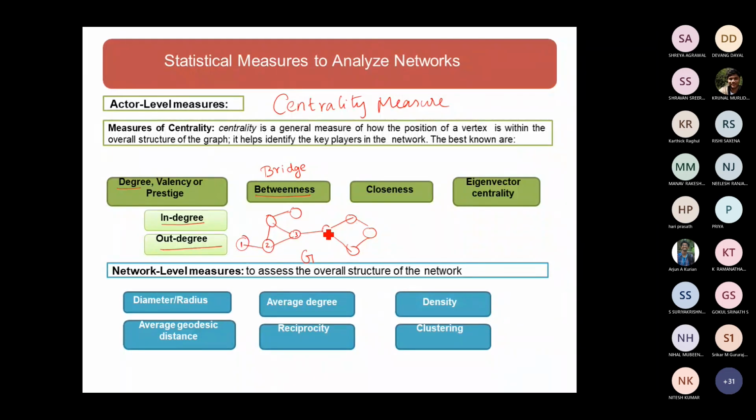If I have to reach 5 from 1, I have to pass through 1, 2, 3, 4. I can go this way, or otherwise in this direction also. So find out the shortest path. Obviously, both are going to be the same cost. If 7 is the node and I have to go to 9, again I have to go through this particular node. So obviously, which node is going to act as a bridge in order to connect two different subgraphs?